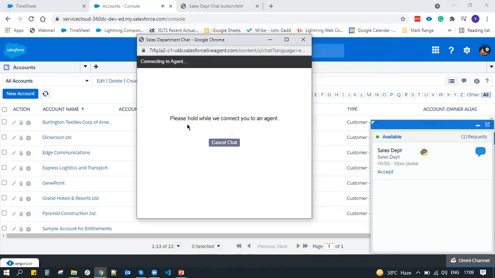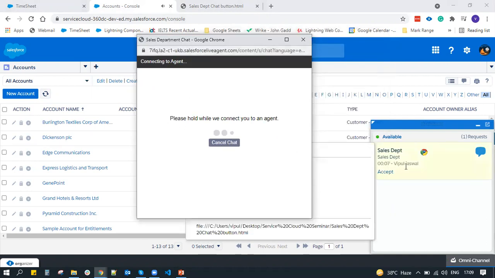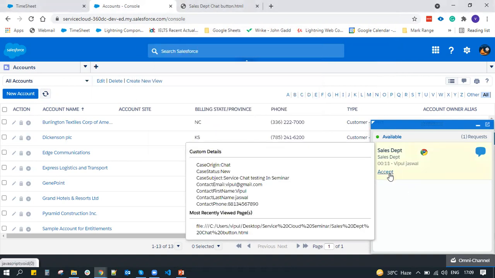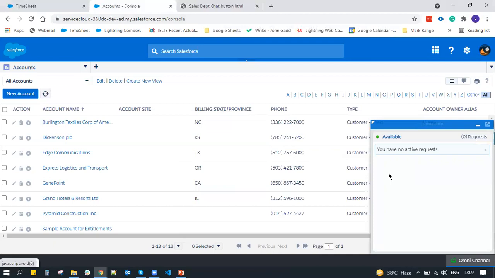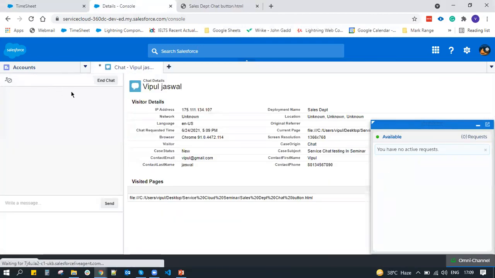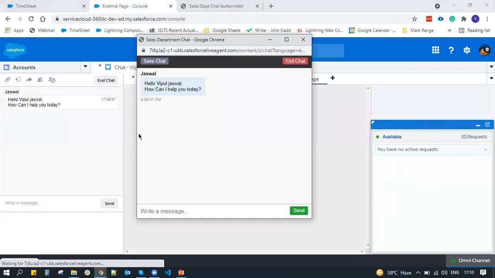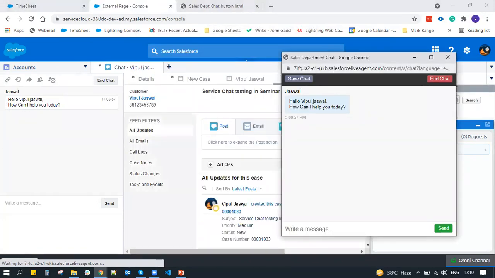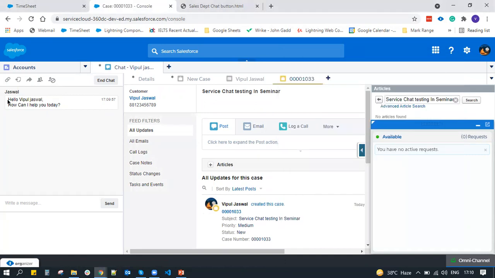Okay, so as soon as I click on chat now, you will see the agent will see a pop-up here. They will be asked to accept a chat. They can accept it, or they can just ignore it, and they won't work it. As soon as they click on accept, a new window will be opened, and here you will see the agent hasn't typed anything, but from the agent's view, a message has been automatically sent to the customer. This is known as a welcome message. Okay, so we can definitely set it up.